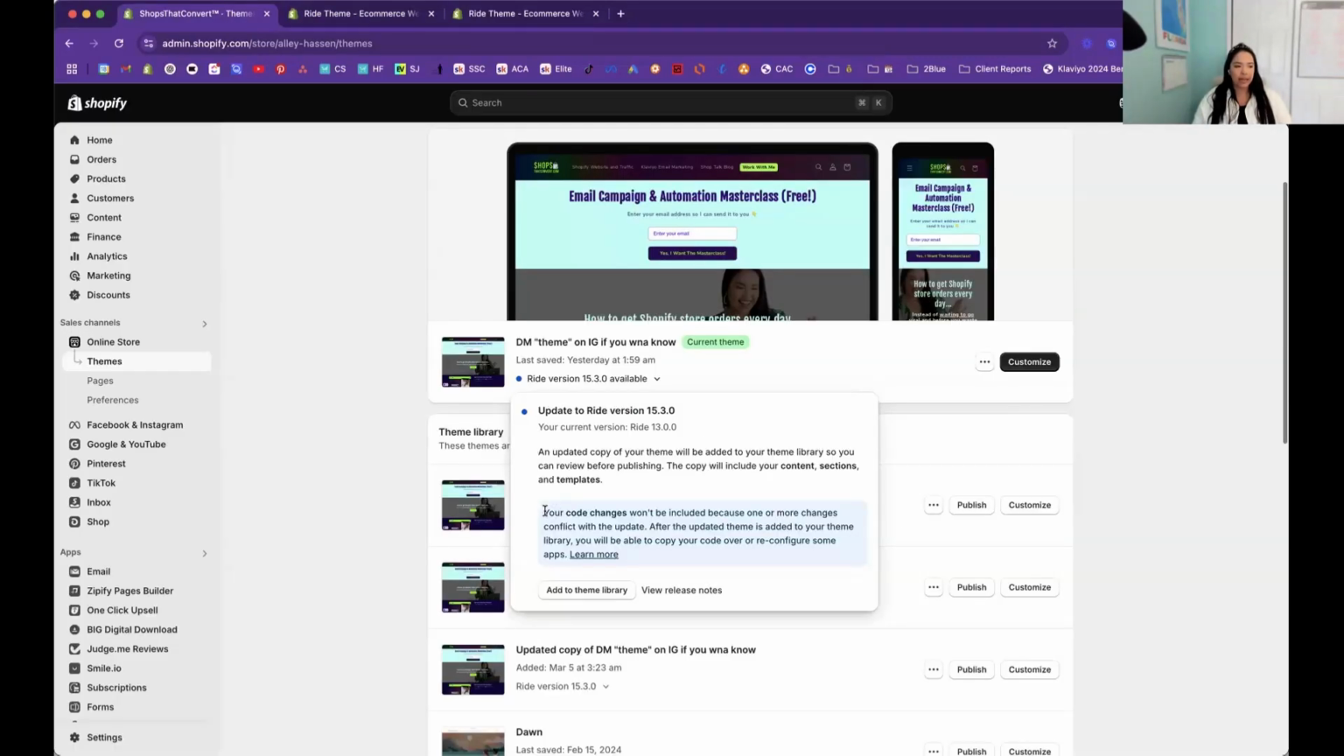One thing I want to note here is that Shopify is going to tell you that your code changes won't be included because one or more changes conflict with the update. After the updated theme is added to your theme library, you'll be able to copy your code over or reconfigure some apps. And this is totally true. And this is maybe the scary part about updating your theme: any customizations that might be going on that don't copy over. So I'm going to show you in another video an app that I'm testing in order to monitor those changes and make it a little bit more streamlined. In the next couple of steps, it's going to help save you some stress and headache,